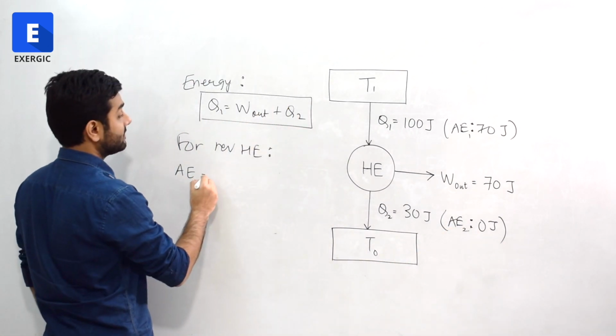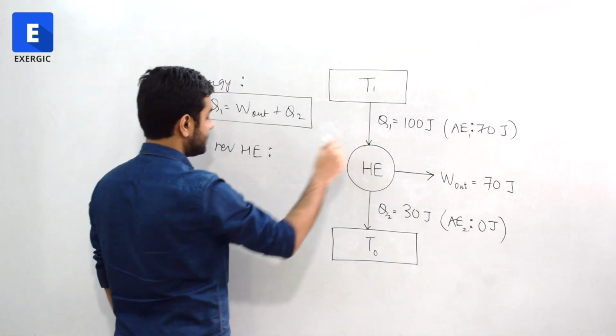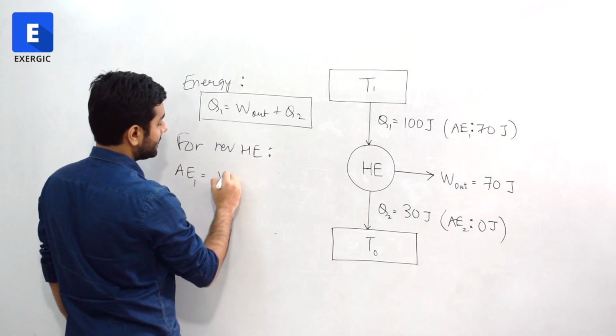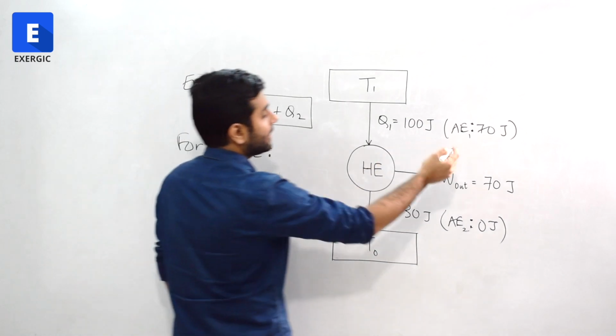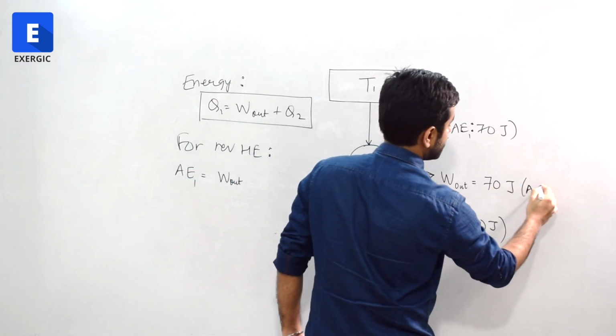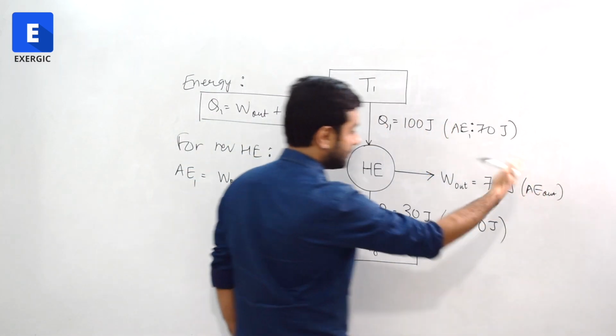So available energy 1, which was supplied to the heat engine, is equal to the work out, which is also available energy out,